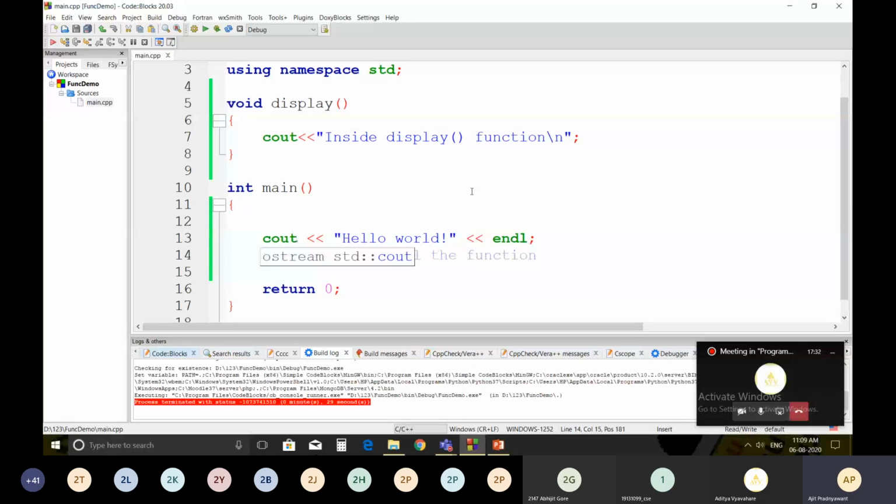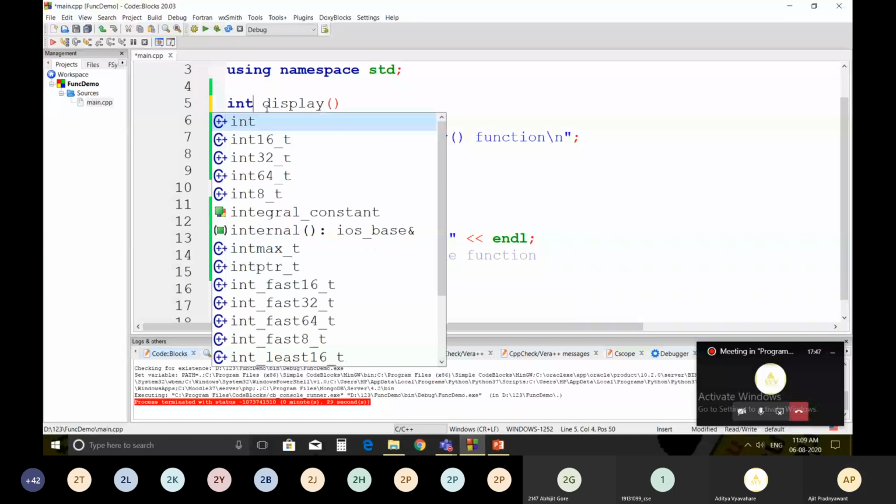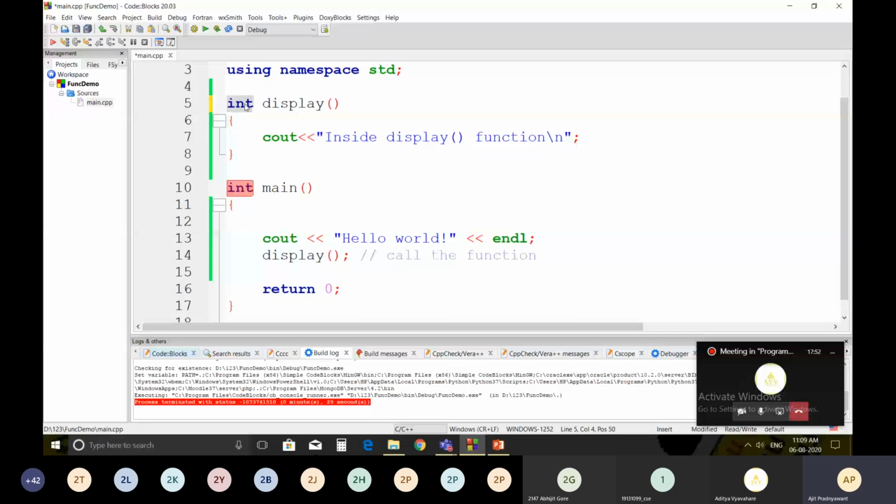Now this function doesn't return anything. Now I am going to return something from display. So I will say integer. Once I say integer over here, that means this display function is returning an integer value.